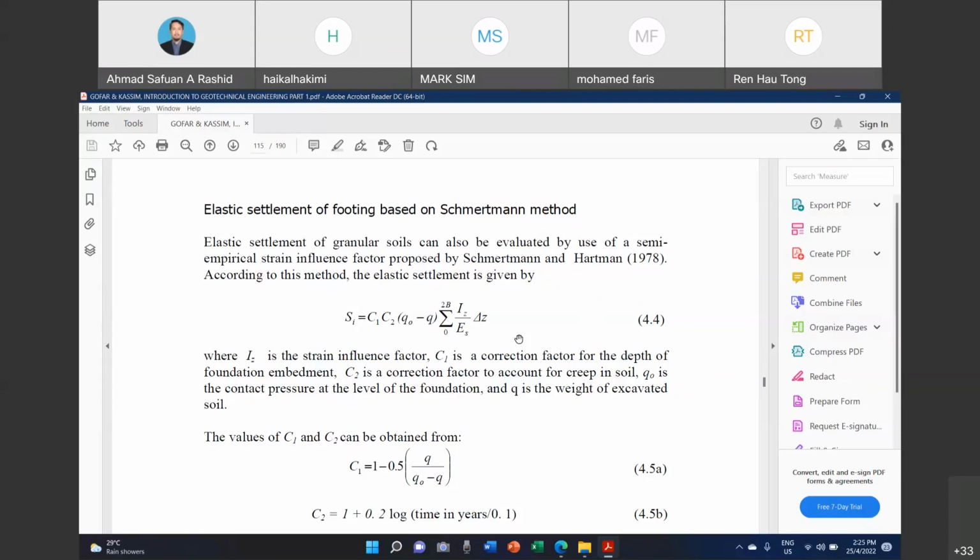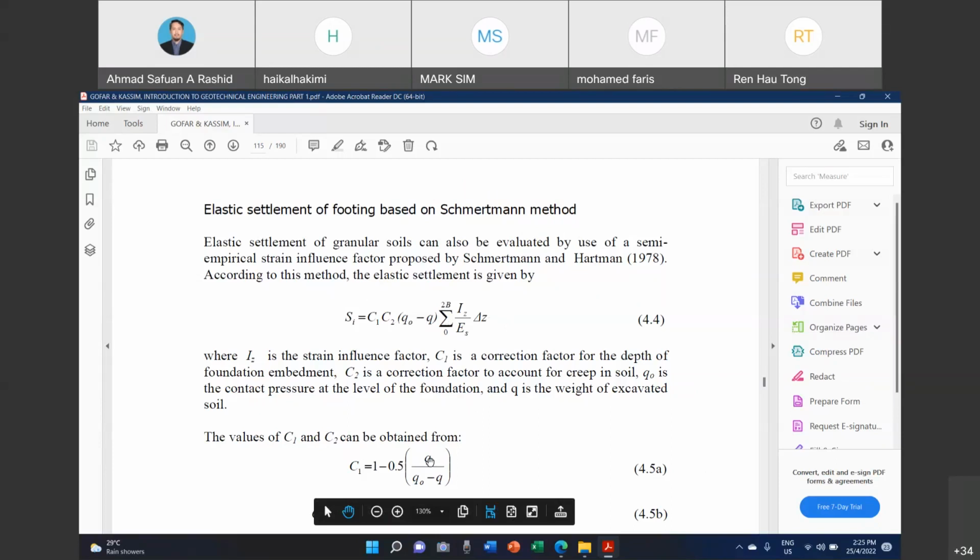So the first one, C1, is based on this 4.5A equation, where the Q is